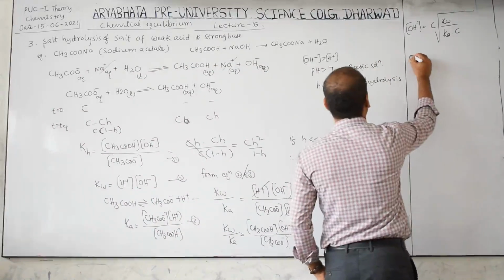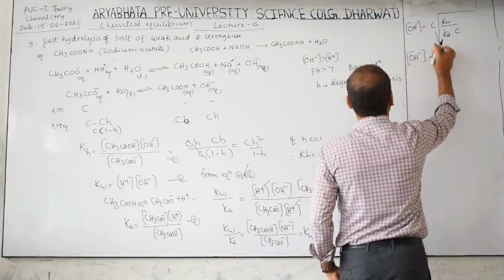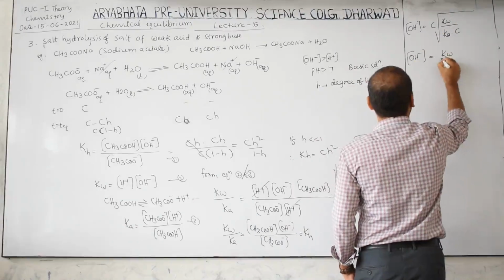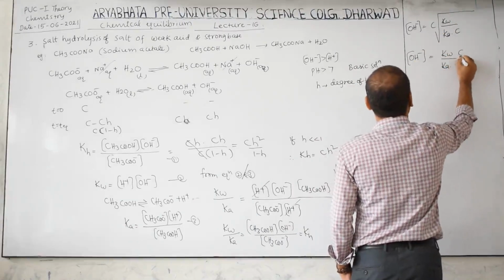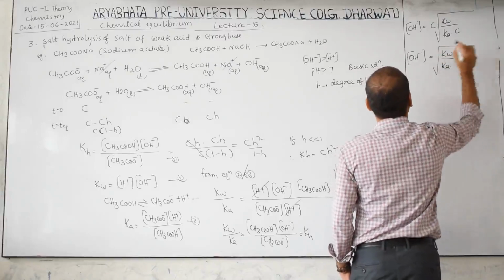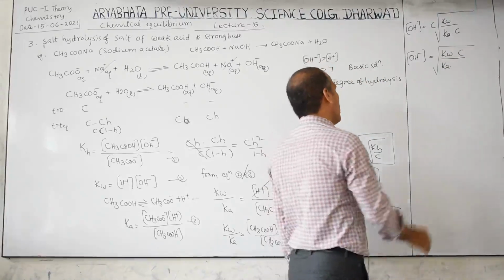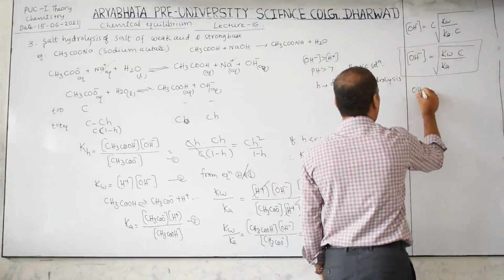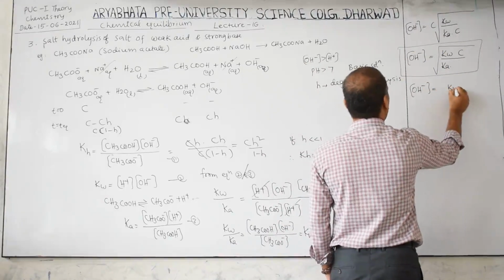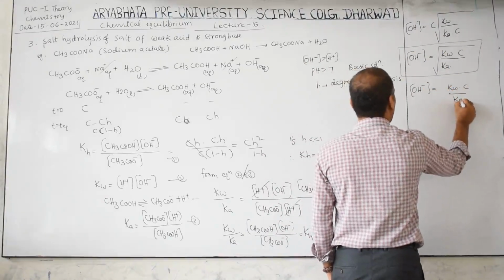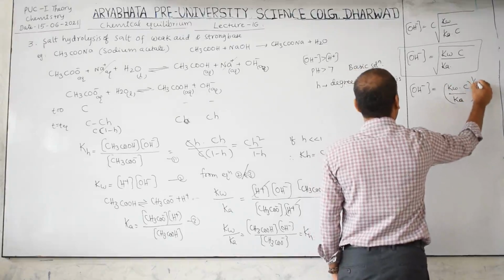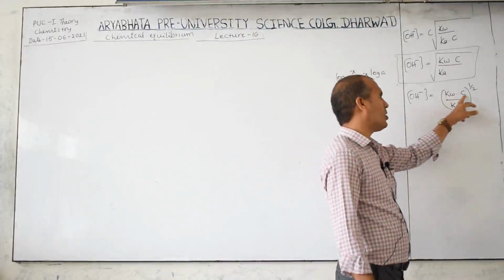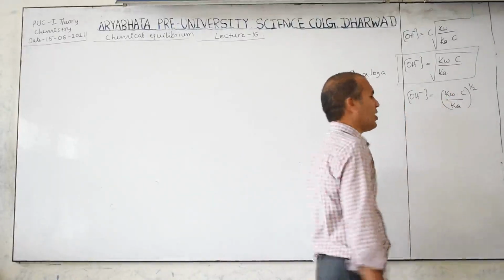Okay, now OH minus ion concentration is equal to, when you take C inside the root, there is C square, one C cancels, then Kw by Ka into numerator C. Therefore this is the OH minus ion concentration. This will also be asked directly in the competitive exam. Now OH minus ion concentration is equal to Kw into C by Ka, whole power 1 by 2, since root can be represented as power 1 by 2.